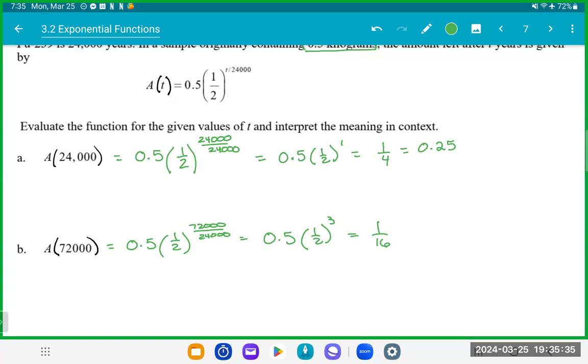Okay, so we're going to have about an eighth of the original amount remaining after 72,000 years. So you can see some things take forever and ever and ever to decay and go away, whereas